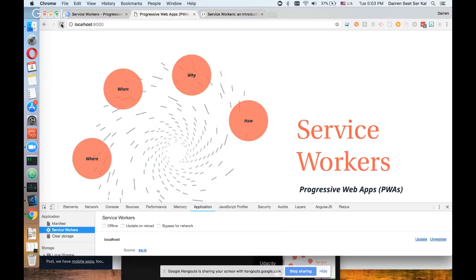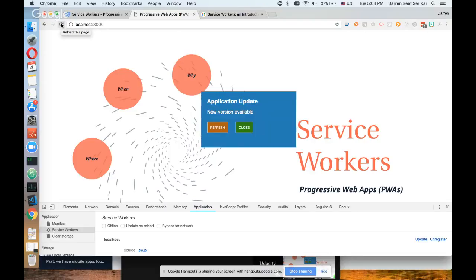So if I do update, now if I do a reload, what I see here is there's actually a user prompt to ask them to update the service worker.